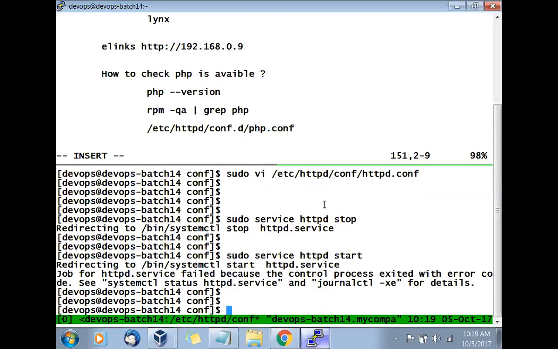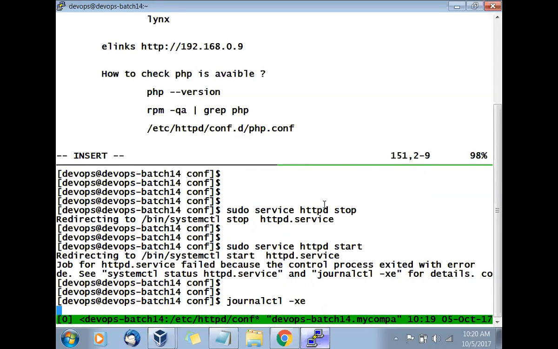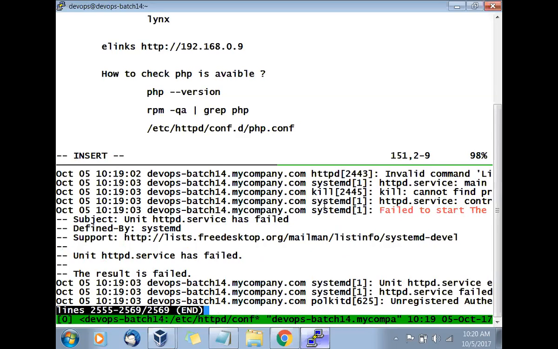So what do you say? You will say systemctl -xe. It will say something. You see here? Still you are not able to tell what is happening. Here, you see what it says?